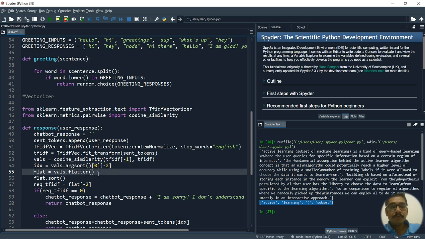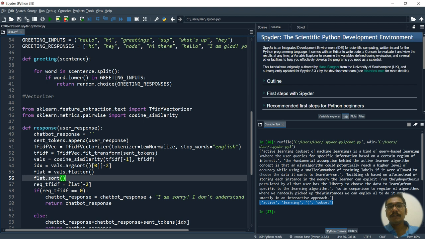And then what you do is, you just flatten all these things, because sometimes it happens that the documents appear one below the other. You get words like, for example, active learning, so A, C, T should not come one below the other. Everything should be flattened and in a proper format. So for that we use the flatten method, and we just basically sort these things. It will do the internal sorting of these words and alphabets, based upon the English language dictionary.